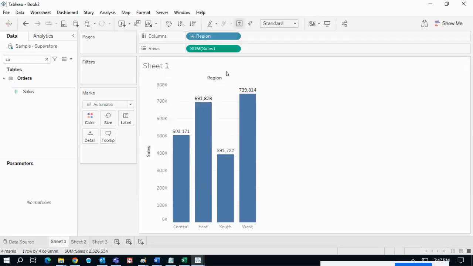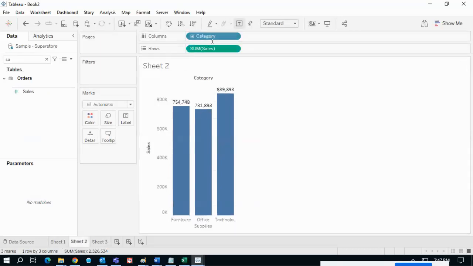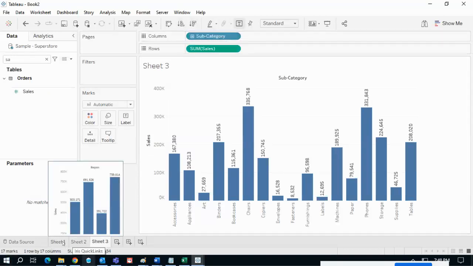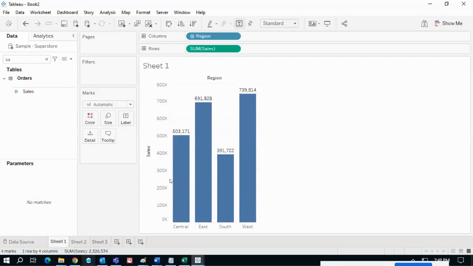In sheet 1 we are displaying region wise sales. In sheet 2 we are displaying category wise sales. In sheet 3 we are displaying subcategory wise sales. So instead of using these three sheets, what I can do is within a single sheet I want to provide